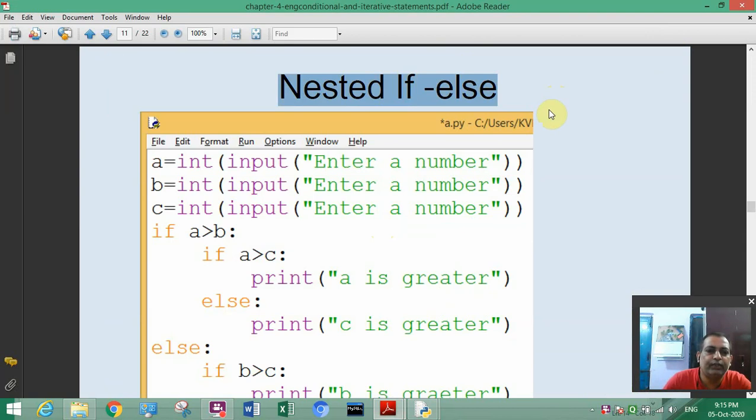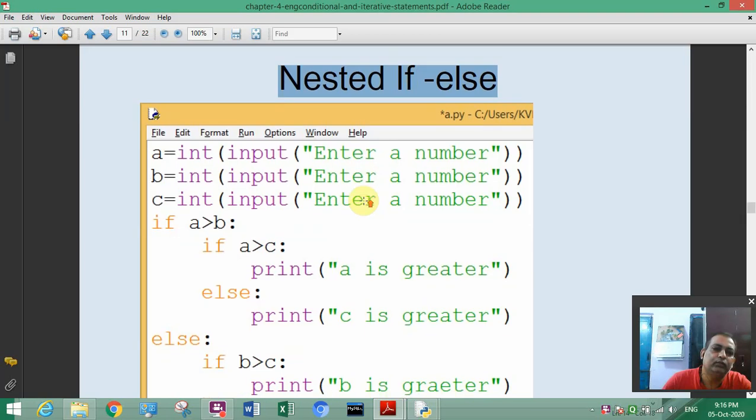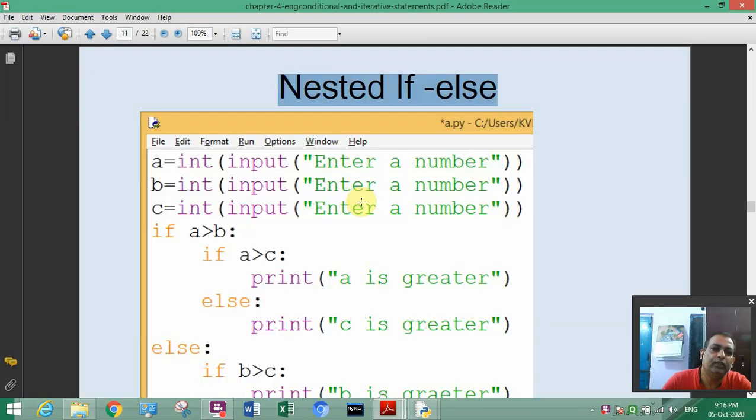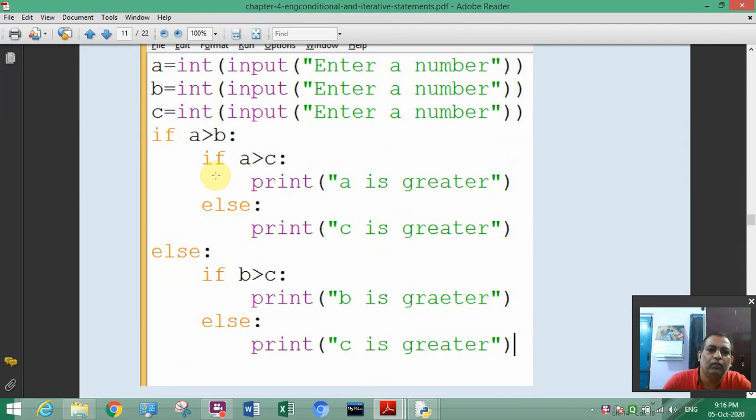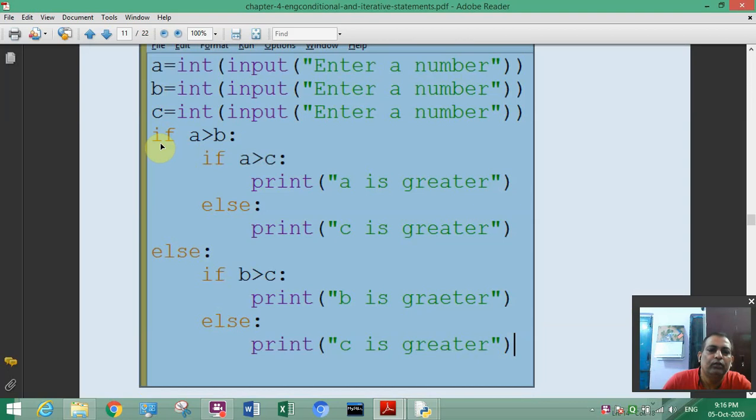So nested if else statement is, if you are using one if statement in another if statement, then it is called nested if statement.